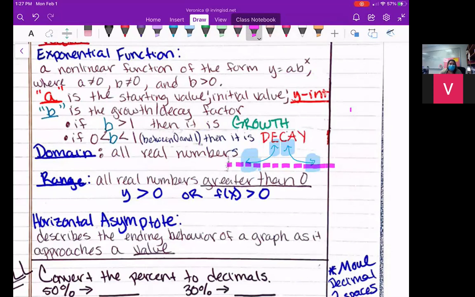With that right there would be your horizontal asymptote. So that graph looks like it's sitting on there, but it's actually not. So if you think about how we talked about it at the beginning of the year, we said that exponential functions are pretty much like